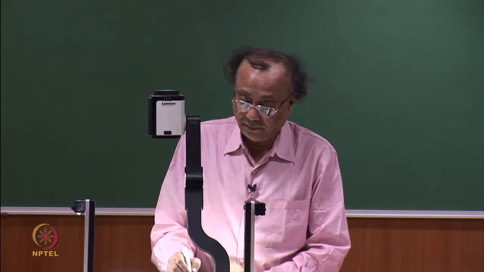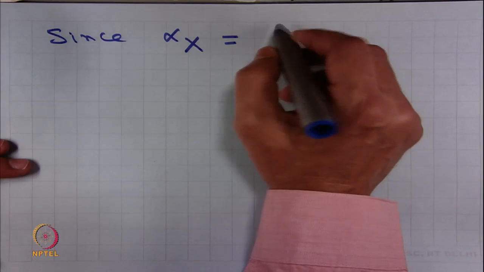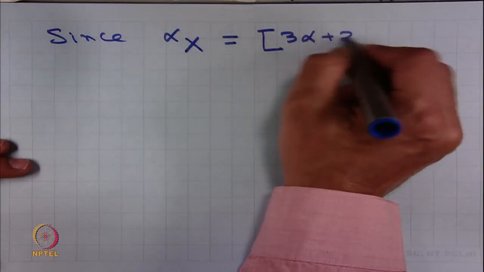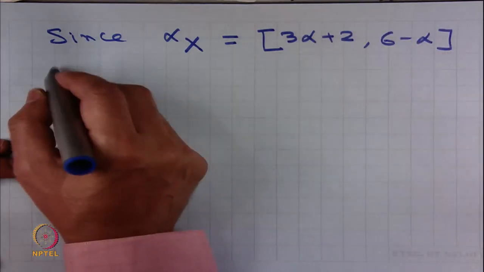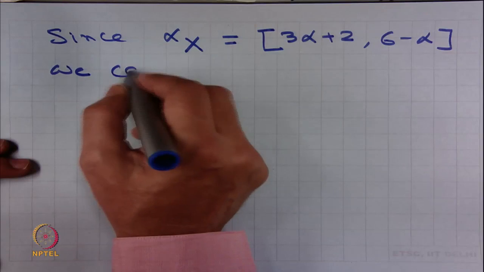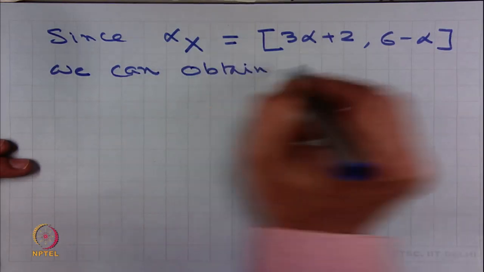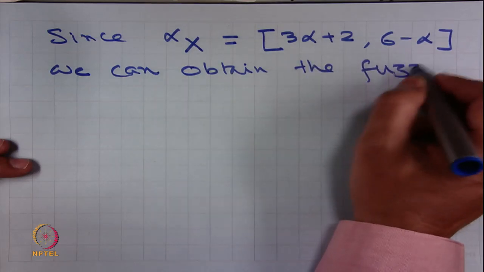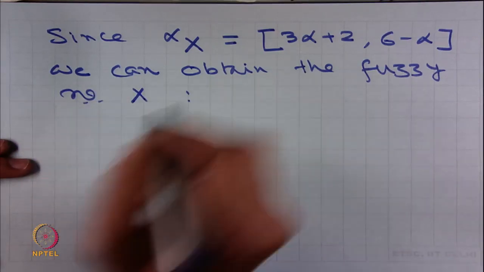Since alpha cut of x is equal to 3 alpha plus 2 comma 6 minus alpha, we can obtain the fuzzy number x,